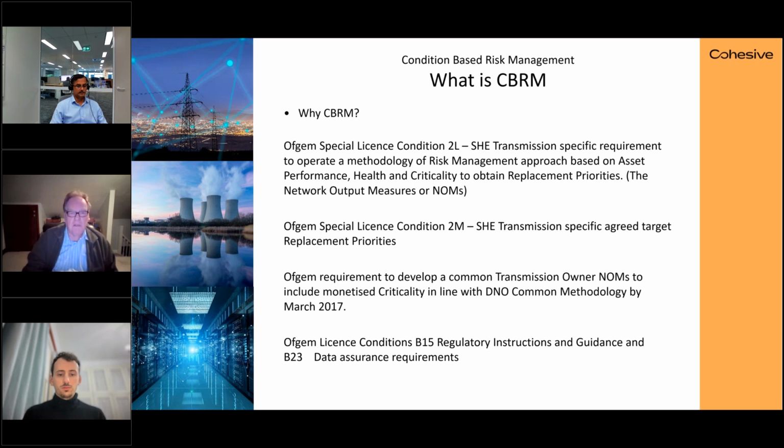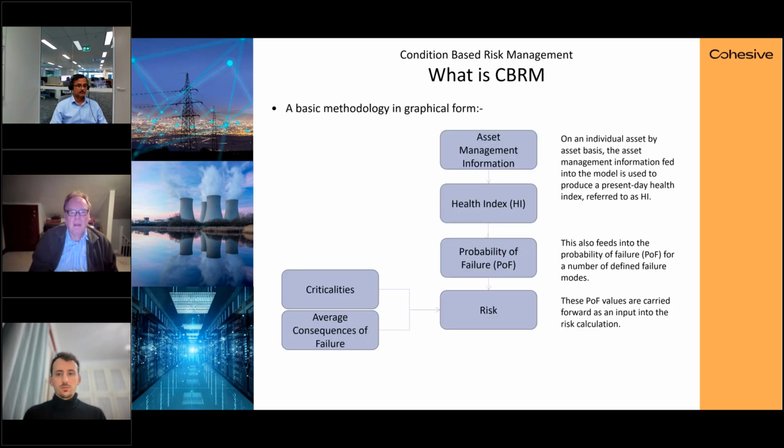So one solution is computer-based risk management, CBRM, from EA Technologies. Many customers are actually just using spreadsheets, but it's a massive challenge to keep those spreadsheets up to date and manage them. The way it works is getting asset management information coming out of the EAM system, in this case, Maximo.